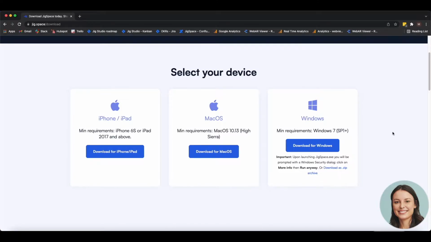But before she begins, I just wanted to show you our download page here that you can see on the screen. You're most likely familiar with our website by now as you're watching this session, but if you click the download button at the top, you'll be led to this page, which gives you the ability to download Jig Space for any device. Now I will pass it over to Laura, who will begin this lesson in the Jig Space app in our Explore tab.